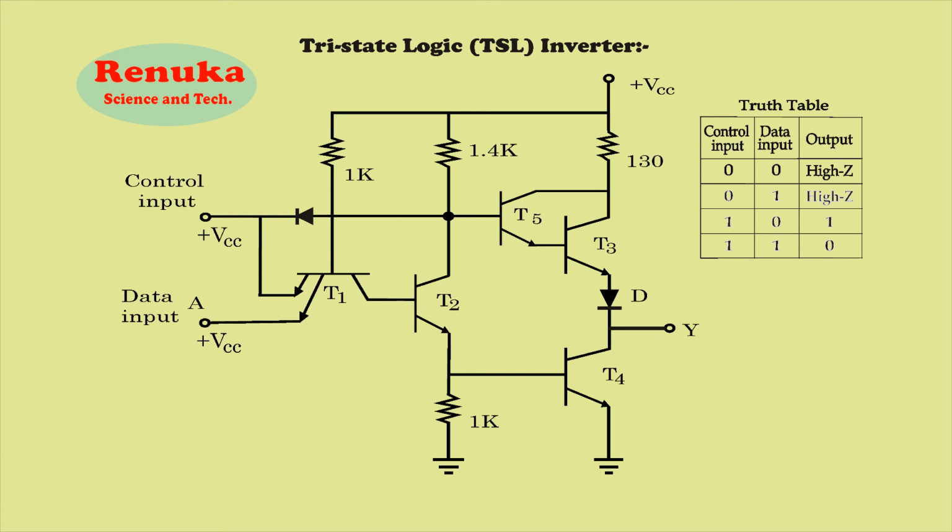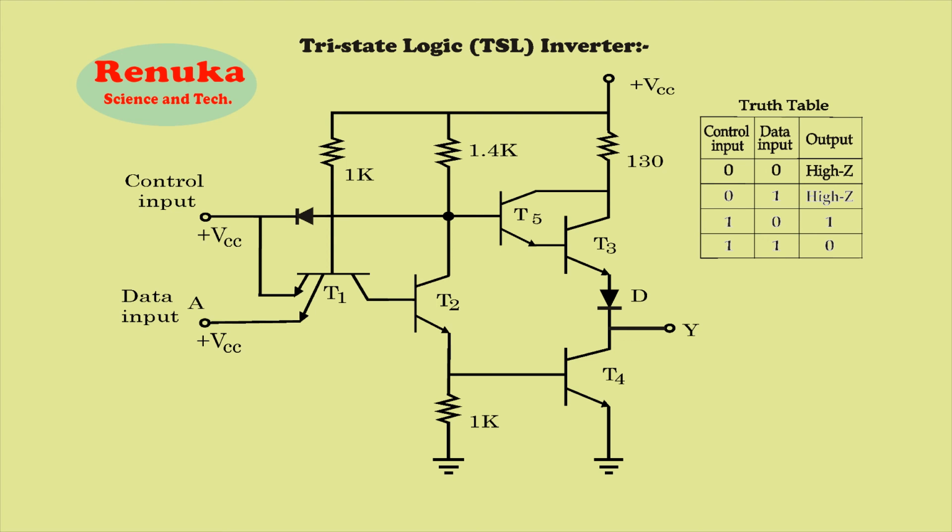So all the current is flowing to the emitter, and that same current is flowing through the 1 kilo ohm resistor, and it will drop the voltage across this resistor, which is connected in parallel to the base of transistor T4. So the voltage is directly connected to the base of transistor T4, due to which transistor T4 will have a voltage high enough to turn it on. So right now T4 is on.